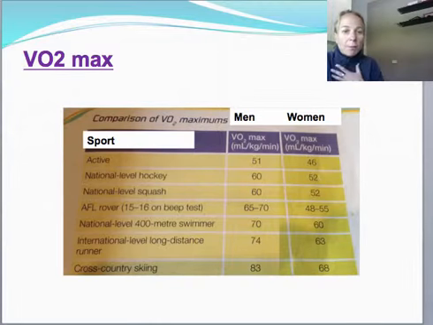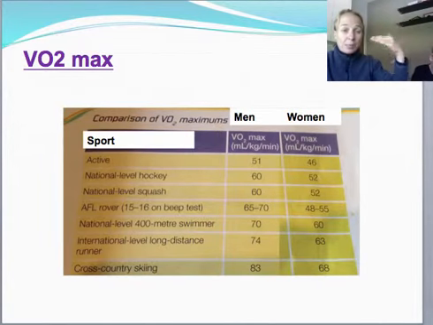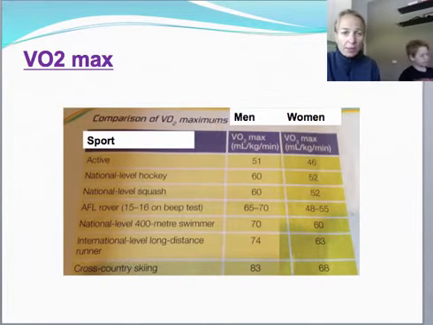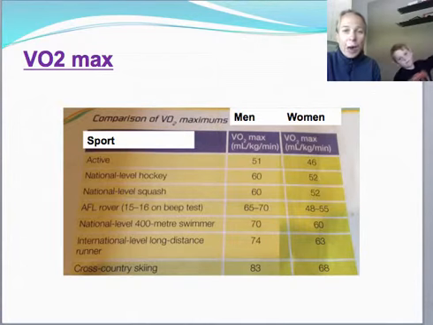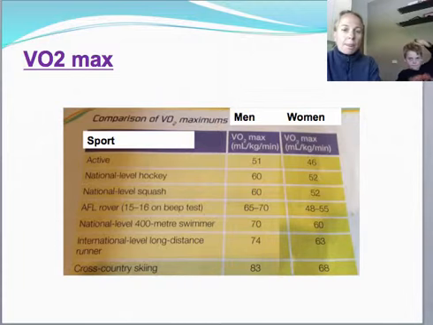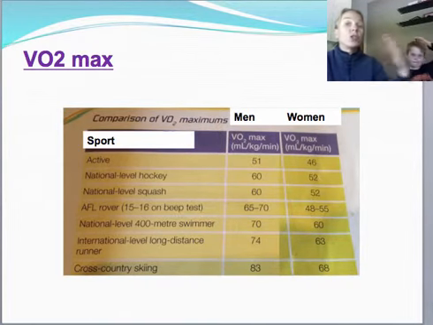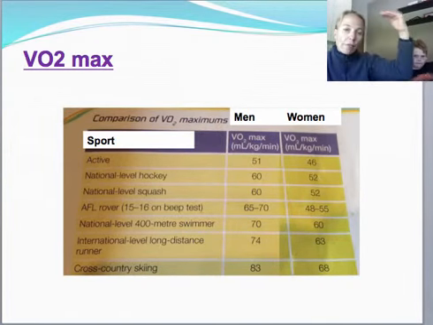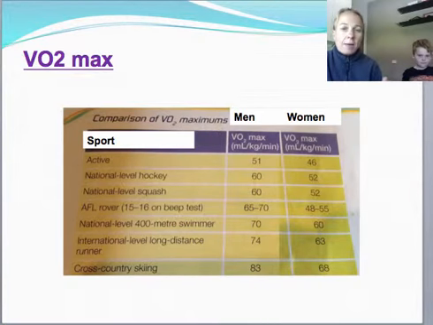So, for example, my VO2 max is, I think, predicted around 50. More elite sports people have much higher than that, as high as 60 to 80 milliliters per kilogram per minute. You will need to know the approximate VO2 maxes of elite athletes. Now, these are primarily endurance type events that have a very high VO2 max because they require oxygen to produce